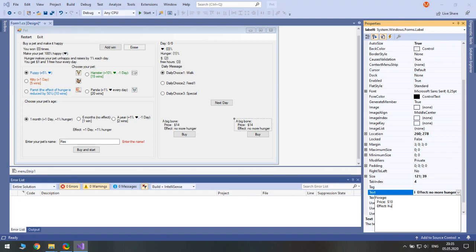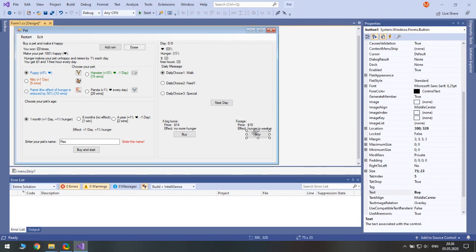So hunger is weaker, like also 50%. So if you play for the parrot, it will have no hunger at all, considering it buys forage. Now hunger is weaker, right? Buy button, buy forage.